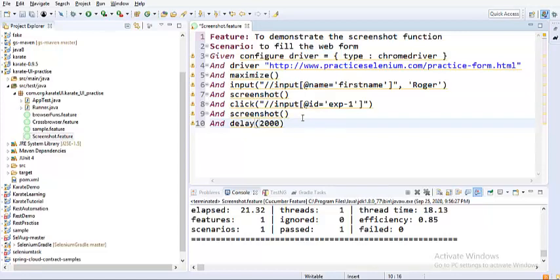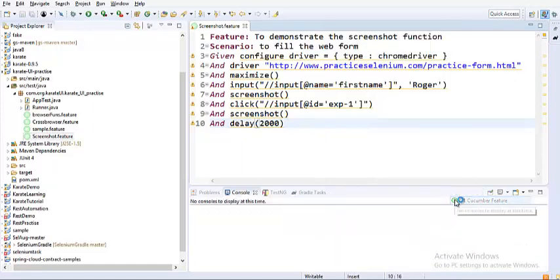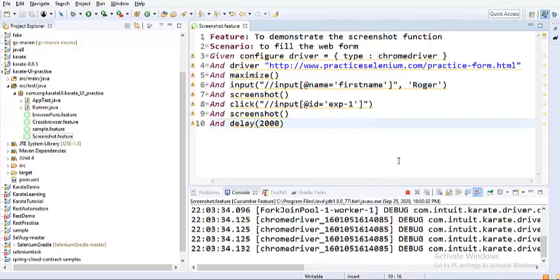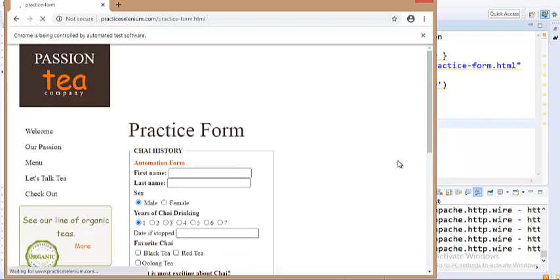Because whether you use the function quit or not, Karate has a mechanism of closing your browser by default. So even when you use the function quit or not, it really makes no difference. So let's just quickly run this particular script as a feature file. And you can also run this particular script from the runner class. We have created a TestRunner.java the other day. You can run that class also.